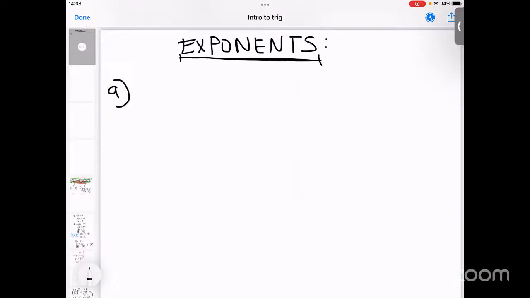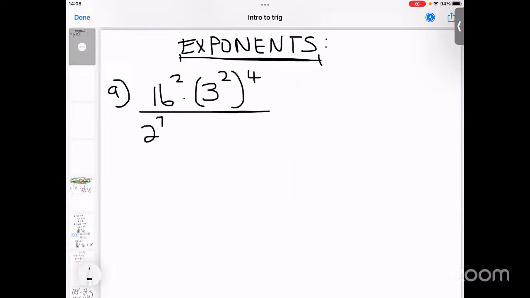So the first one, let's start with the numbers only. Let's say you have 16 squared, multiplying inside the brackets 3 squared, we close that and say to the exponent of 4, divided by 2 to the exponent of 7, multiplying 2 to the exponent of 5, multiplying